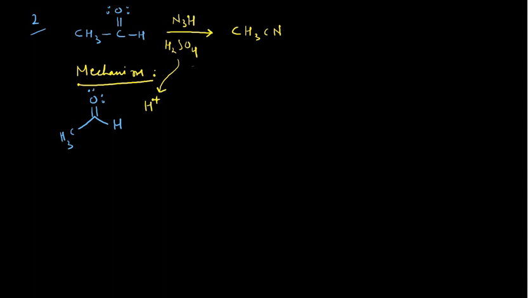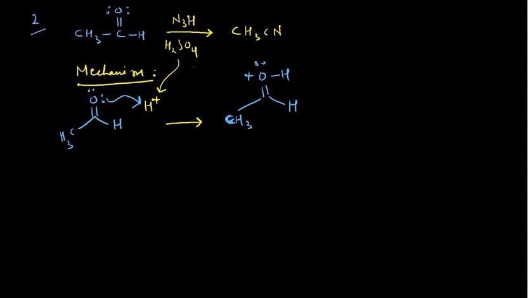So what can happen in the next step? You see, you will have this species CH3, double bond oxygen and hydrogen here and one hydrogen here. So there is no problem in that. See, in that case only one oxygen is present. So this lone pair will grab this hydrogen. So you will end up with this species.